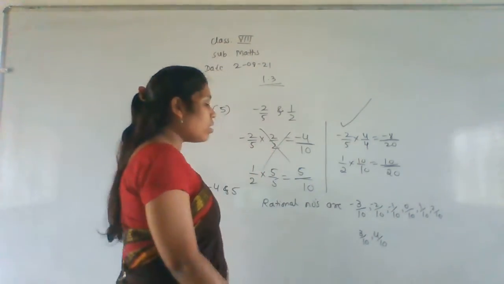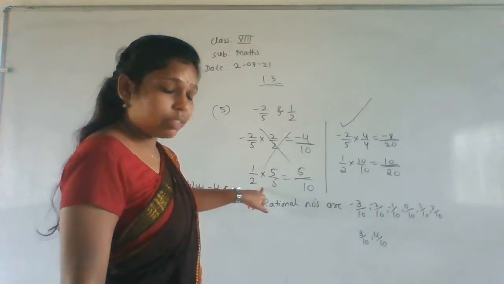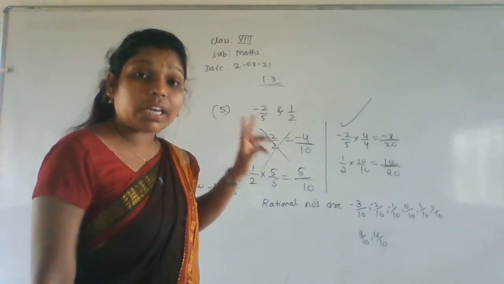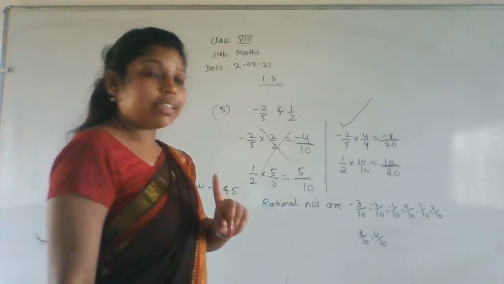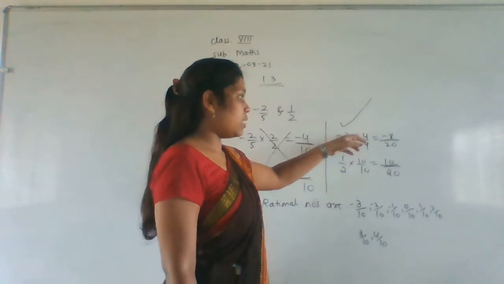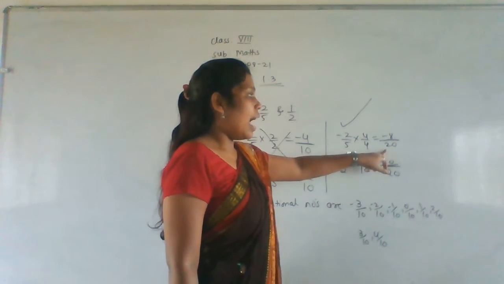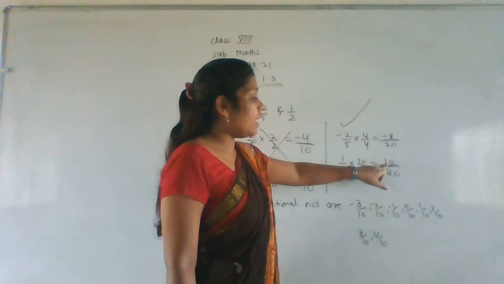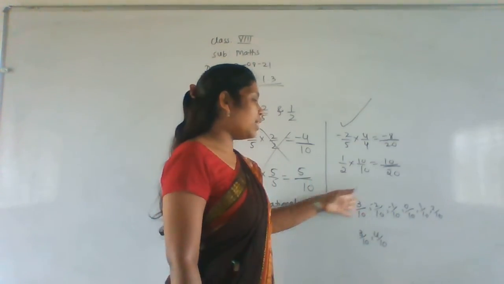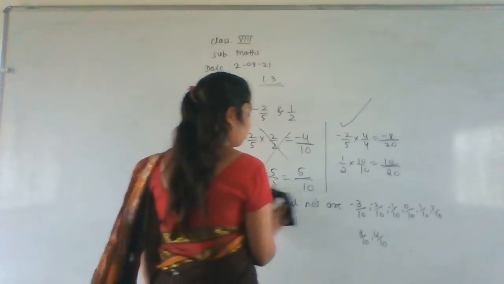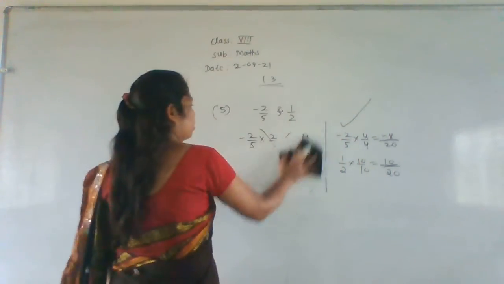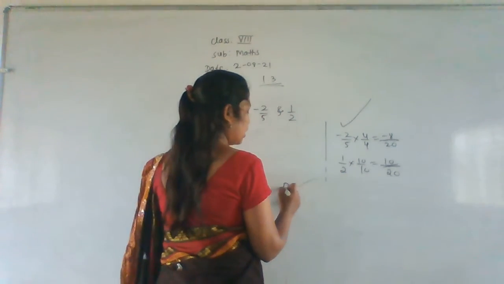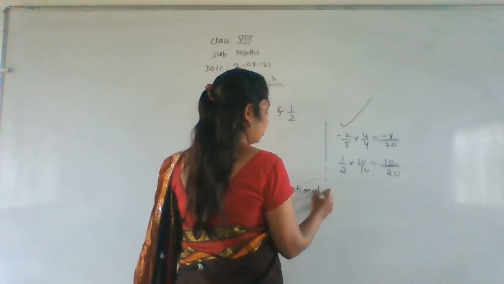Here do this one. Because if you multiply with this value, we are getting only 8 rational numbers in between those two. But how many do we want? We want 10. For that reason, multiply with the larger number, that is 4 by 4 and 10 by 10 here, and the denominator term is the same here. So now in between minus 8 and 10 there are so many numbers. So you have to write that here. Okay, write that one here. Okay, once again do that one. That will be the in between. Rational numbers are now right here.